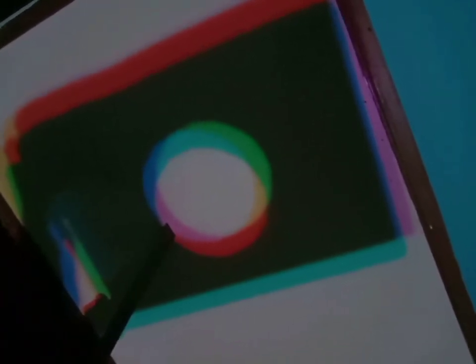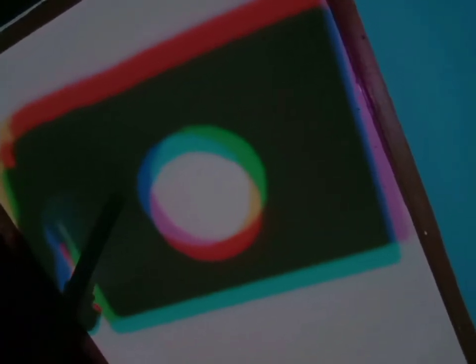Where the light from the individual sources is reaching, that is the three sources which we have used, blue, green and red, those primary colors are observed on the outer side. So this is very useful while studying the additive theory of color mixing.